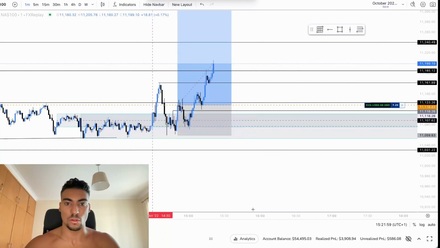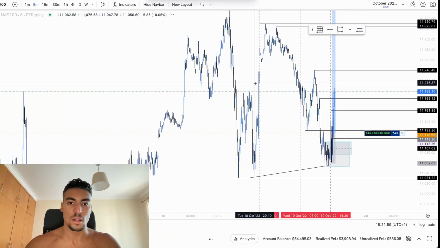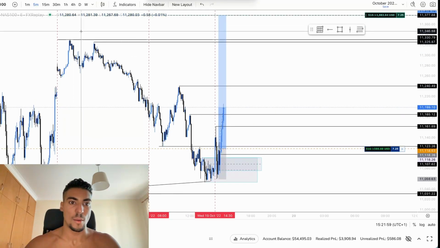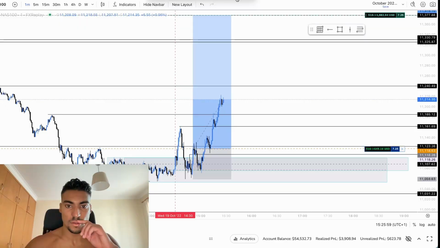Not much, but not a lot, you know, because we have these highs which are more strong, and then we have these, I can show you on 5 minutes. Low time frame, low resistance, liquidity, these equal highs. So I'm really confident that we are going to hit those highs. So yeah, this is going to be a banger trade, honestly.